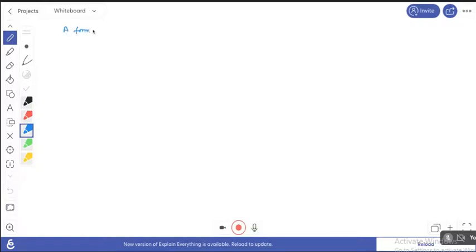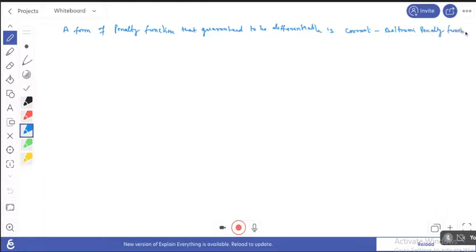A form of penalty function that is guaranteed to be differentiable is the Courant-Beltrami penalty function. Okay, and that function is given by